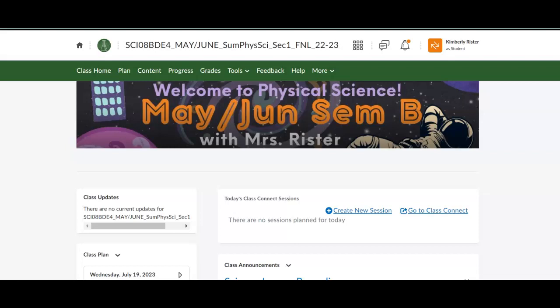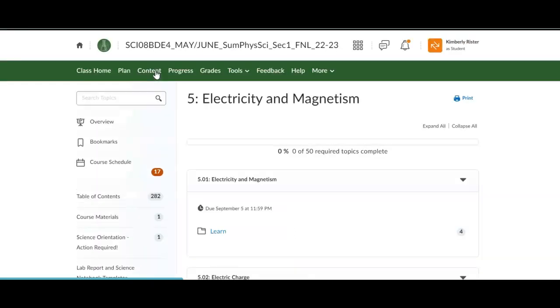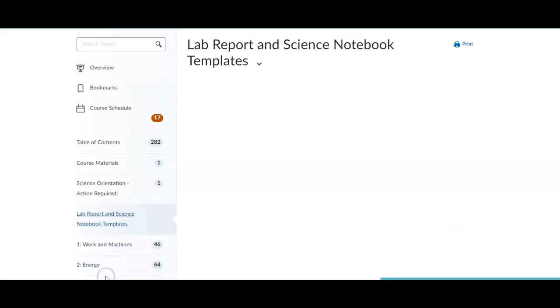For those of you that might be missing teacher-graded assignments or science notebooks as part of your grade and needing to get those in, I wanted to show you a couple resources that might help you get those completed. If you go to the science homepage and go to content, you can pretty quickly find the templates for the lab report. So if you scroll down here to lab report and science notebook templates,